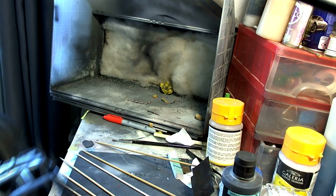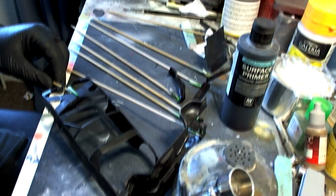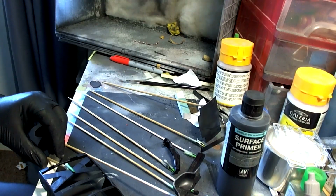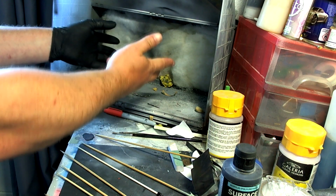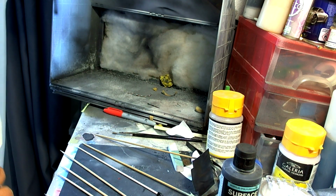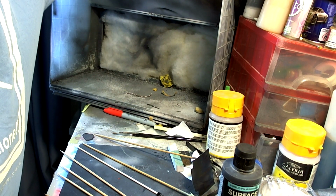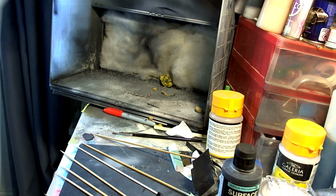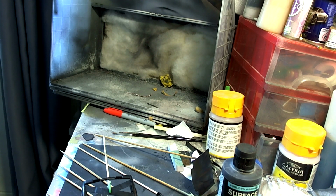So these are all the parts down here that we're going to be painting with the gloss black today. Yes, so I thought I'd show this. And right, it's going to be noisy because I'm going to have to switch it on. You know when I said I'm going to have to switch it on? Yeah, it's not switched on. Hang on, I need to plug it in. Be back. There we go. That's better. Right, so